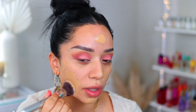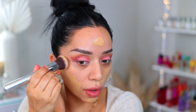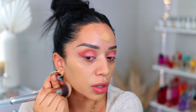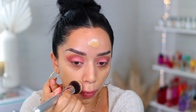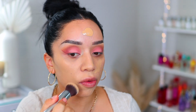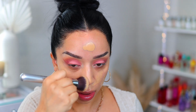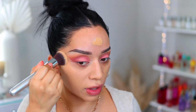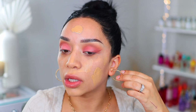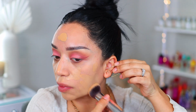So Ulta recently had a sale, and they had this It Cosmetics brush for like $17 or something like that. And I don't think I own any It Cosmetics brushes. So I was like, you know what? I've been wanting a new foundation brush, so why not? So I went and bought it, and I really like it. I do want to say though that the NYX foundation, it is not one that you can just leave. It does dry down to the skin pretty quickly. So work with it quickly, or don't take your time, because it can leave you a little bit of